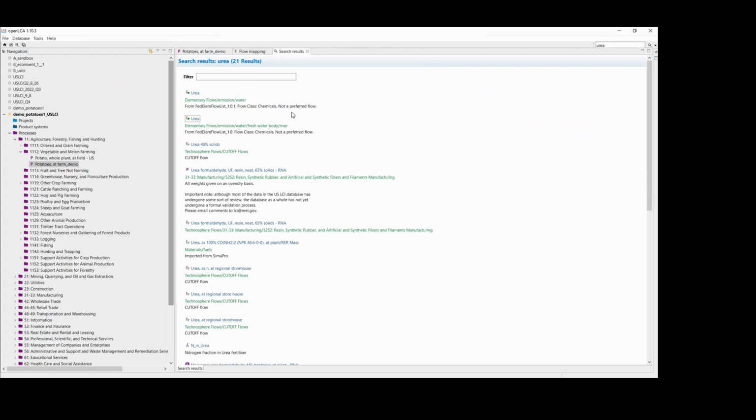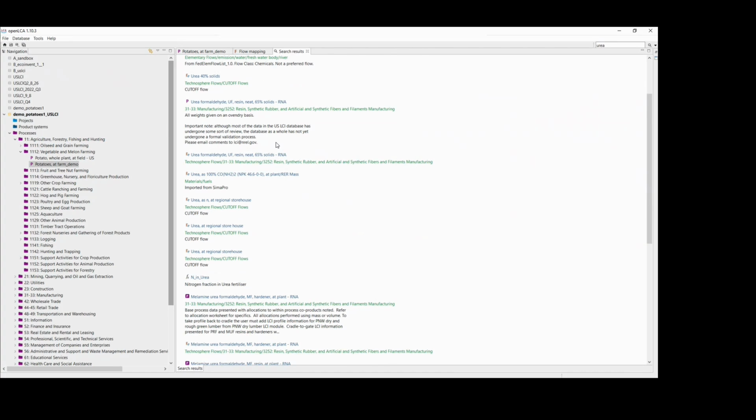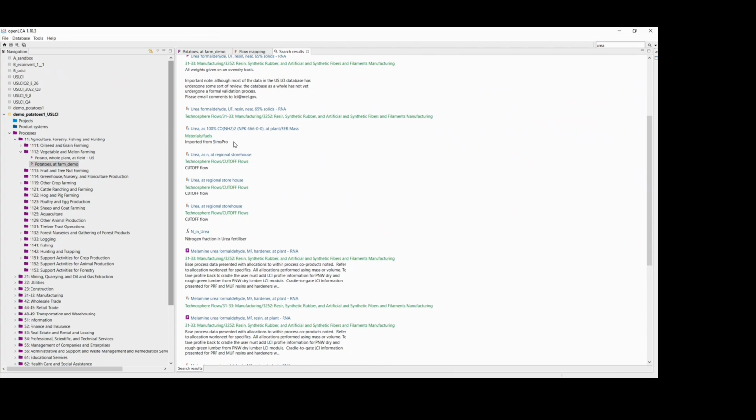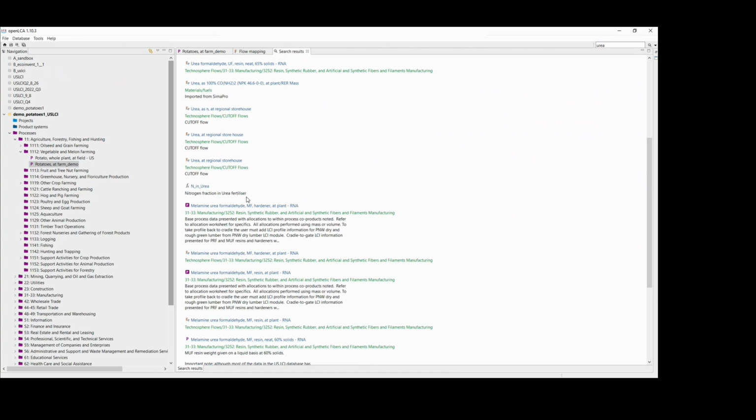and just search through these so we can see that these are emissions. This one's a cutoff flow. This one's formaldehyde. This is what we're trying to replace. We have some urea cutoff flows, which are options if absolutely necessary. There's a formula using urea.